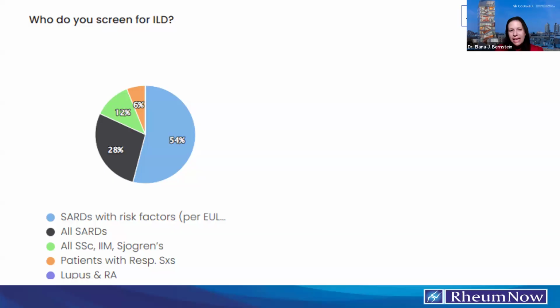Now, there are some people who might say, well, if someone has the limited cutaneous subtype and they're centromere positive, they have a lower risk of developing progressive ILD. And that's likely true, but that's not no risk. And there are certainly centromere positive patients who have gone on to lung transplant for ILD and not for pulmonary hypertension. So I think, given the prevalence of ILD in systemic sclerosis of over 50%, that diagnosis in and of itself warrants full screening for ILD.